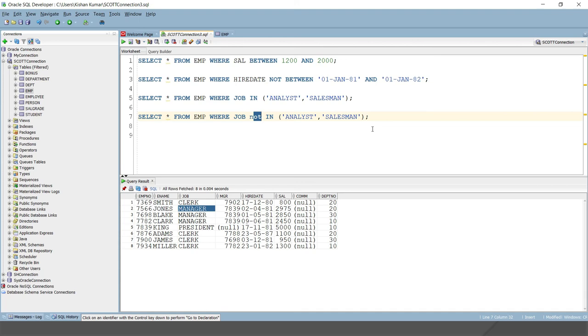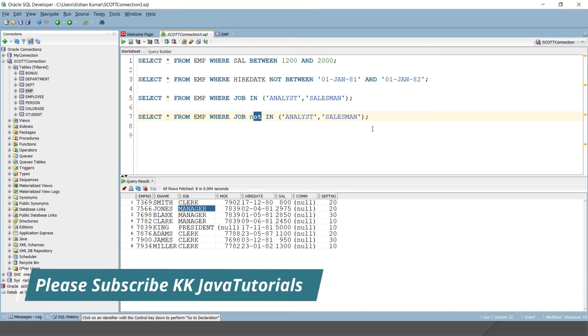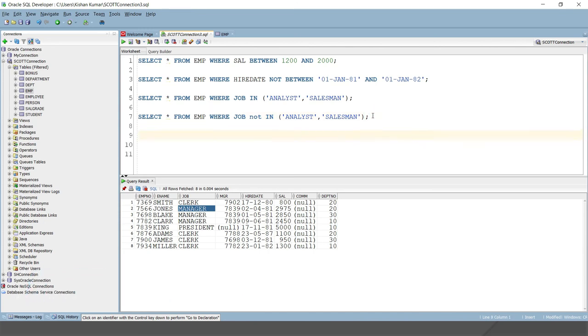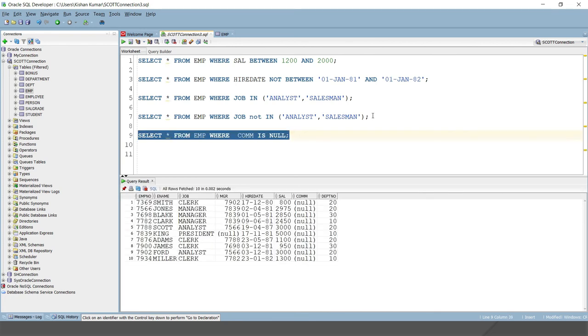Next we have the special relational operator is null. Let's say I would like to list all the employees whose commission is null. How can we write a query? I'll write select star from employee where commission is null. This will list all the employee information whose commission is null.